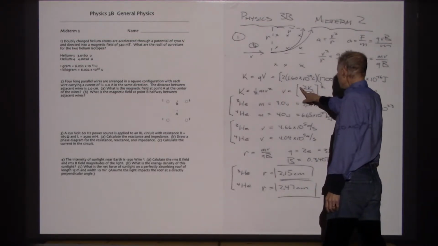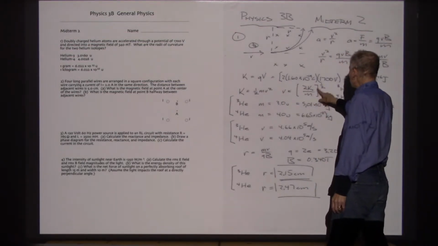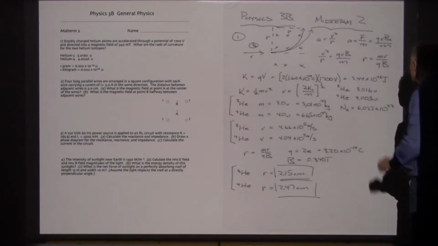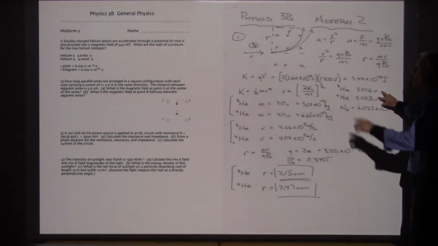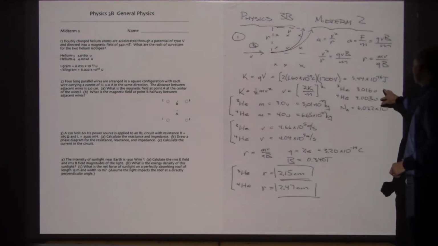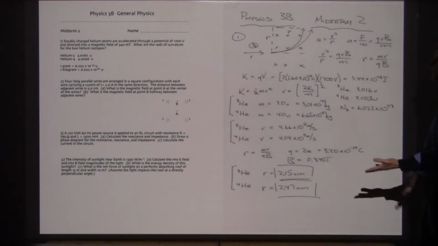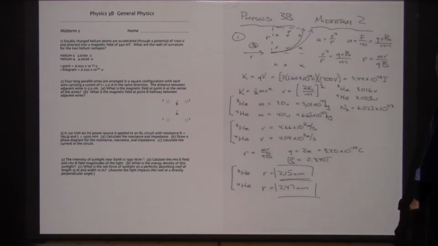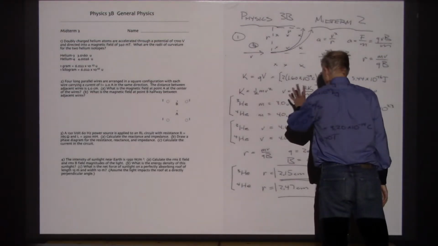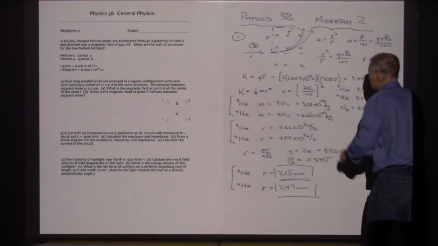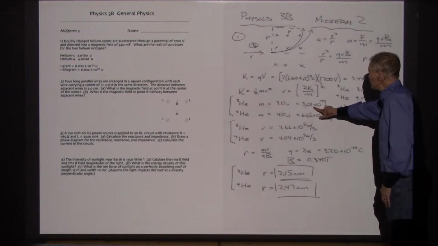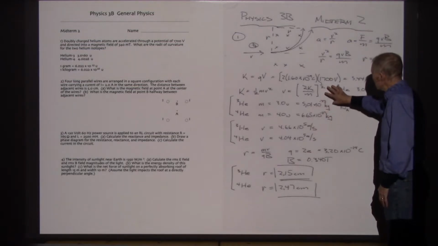V is given by the square root of 2 times the kinetic energy over the mass. I've got to remember the square root on that. Now the masses here, this is where we don't want to get tripped up. The masses for the helium-3 and the helium-4 were given. Again, I did not account for the electrons, but I don't think that's going to cause a problem. So to 3 significant figures, the helium-3 and helium-4 masses convert out to be 5.01 and 6.65 times 10 to the